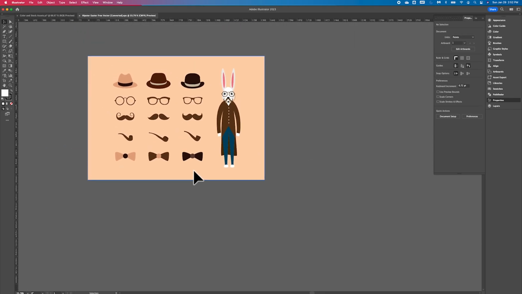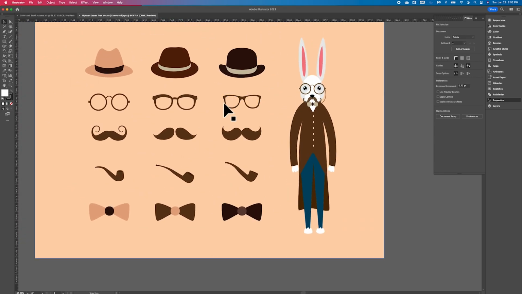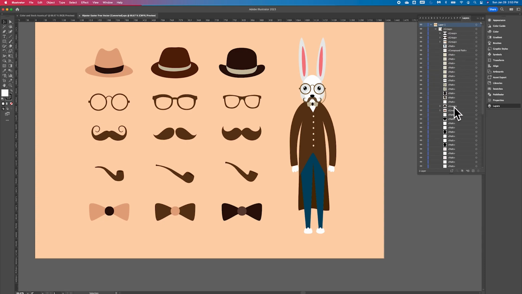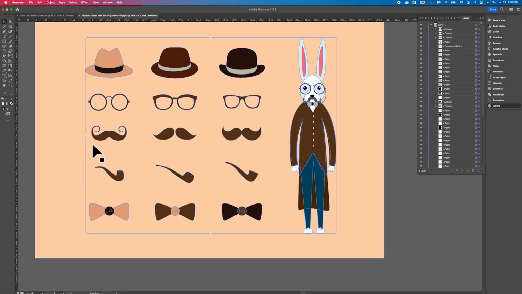Now, this particular graphic has a lot of options here, and you'll see this a lot in stock vectors. So I can really play dress up with my rabbit friend here if I wanted to, and change a lot of the elements here. I'm not going to do that today, but you can see the makeup of the content here in layers. You can see that there's a couple of groups going on here with the bow ties, and then everything's pretty much individual, but it's all one large group. It usually is,